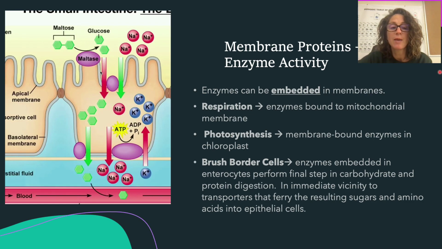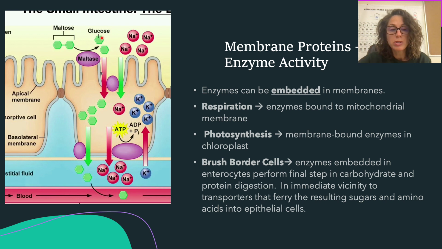We also have enzymes that can be embedded in the membranes, and this is really cool. This is within our gut, in the lining of our intestines. They're called brush border cells, and these are on the villi of our small intestine. We'll have an enzyme just embedded in that cell membrane, and as nutrients go past, for example maltose, the enzyme will bind maltose and break it up into